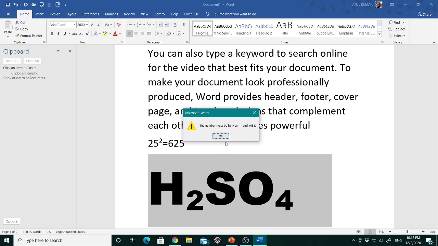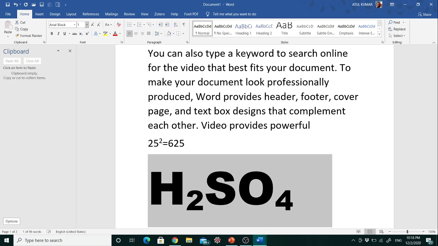So the maximum font size of MS Word is 1638, and the minimum font size in MS Word is 1. So it is a very important question: what is the maximum size in MS Word? It will take a maximum size up to 1638 font size.